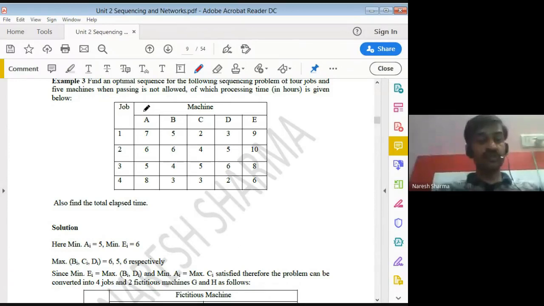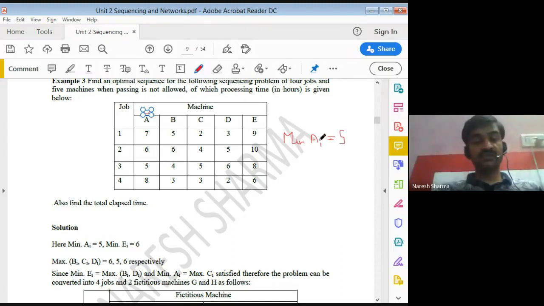For that you choose your first machine, then calculate the minimum of your first machine. So the minimum of the first machine, if you see here, 7, 6, 5, 8. So the minimum is 5.